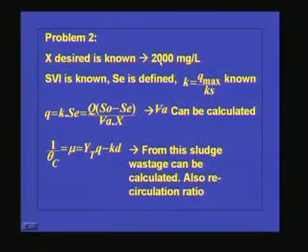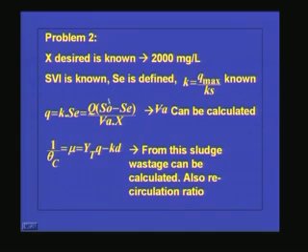We will see what the second type of problem is. Here X desired is known. So it is given that this much biomass is present in the system, SVI is known, the sludge volume index is known, and SE is defined because that is the effluent discharge standard. So we can find out what this K is. K is nothing but Q max, this is the maximum specific substrate utilization rate, divided by Ks, this is the half saturation constant. So K is known, and Q, the specific substrate utilization rate, is nothing but K into SE